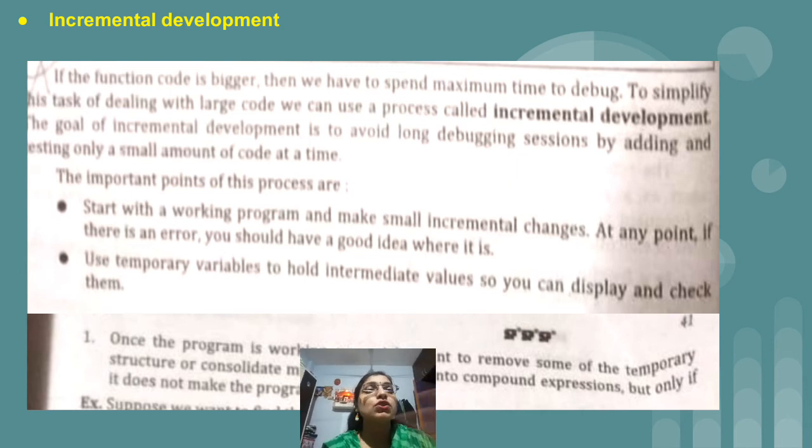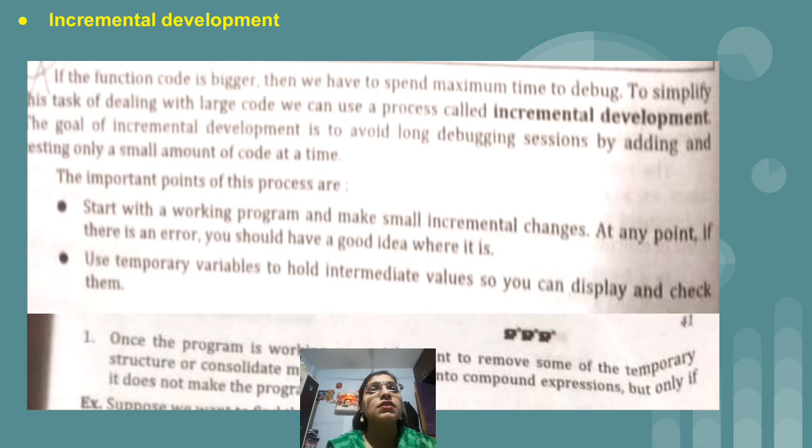So after consolidation, once you are done with your program, just remove those printed statements, because now you have tested the program, it is working properly, there is no issue. Then don't display more content, only display the things which are required for the program.